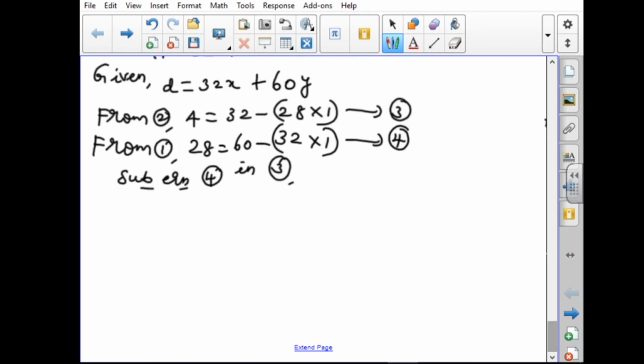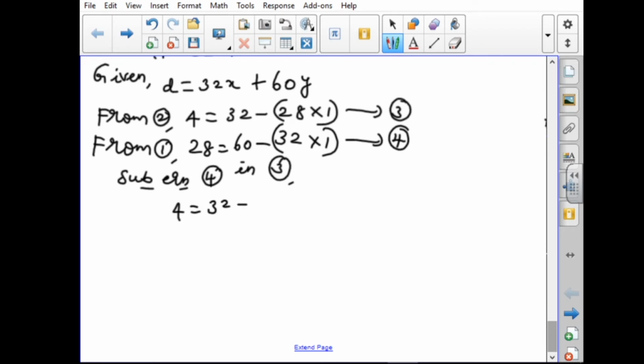Equation 4 is 28 equals 60 minus 32 into 1. Equation 3 is 4 equals 32 minus 28 into 1. Here, instead of 28, we have to substitute this value. So you have to write 4 equals